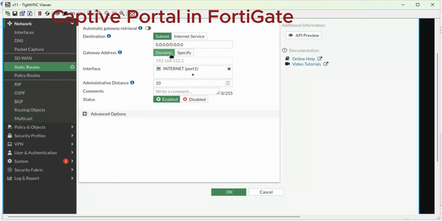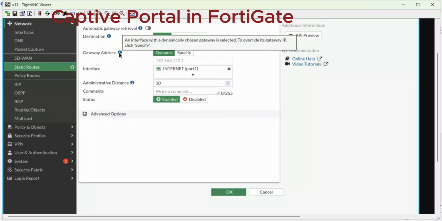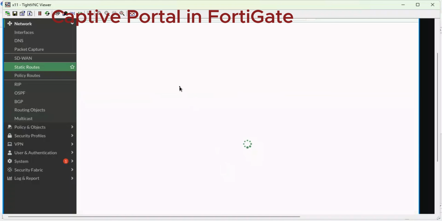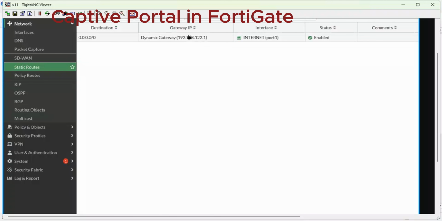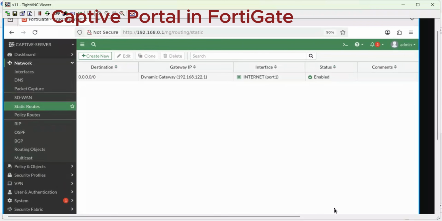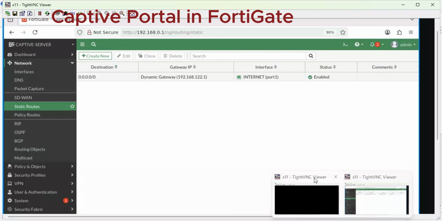So this one means this is a default route. If any traffic by any chance will lack to define its destination address or its destination node, it will be forwarded to the internet. And to go to the internet, it will use this particular address. So I'm done. Let me try to